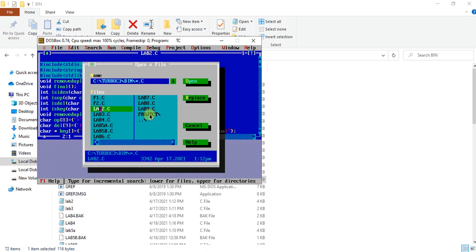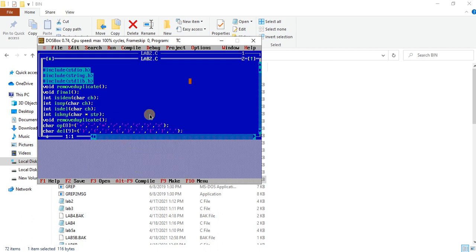You can choose lab2.c and open. This is the lab2.c program. I have already saved it. You can see f2.c is also inside the bin folder. So we have two .c programs for this second experiment.